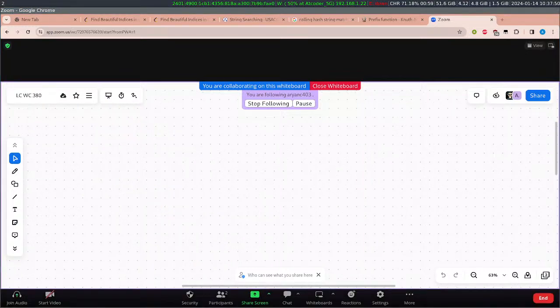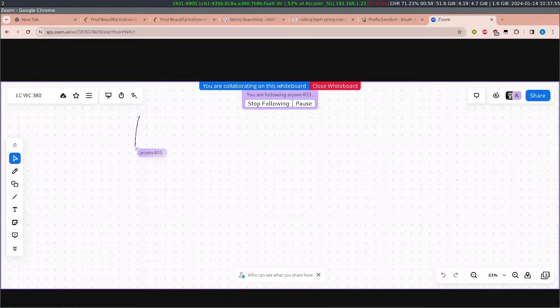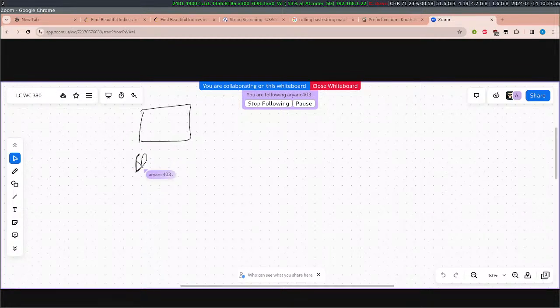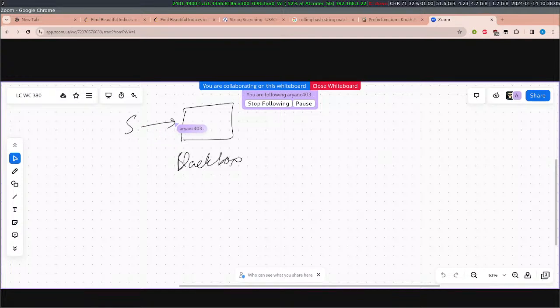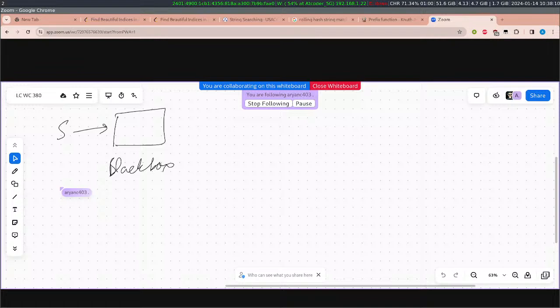For now, let's assume that the prefix function is a black box. What it does is it takes a string S as input, and it gives us an array A as output, where the length of A is equal to the length of S. And it says the value of A[i]